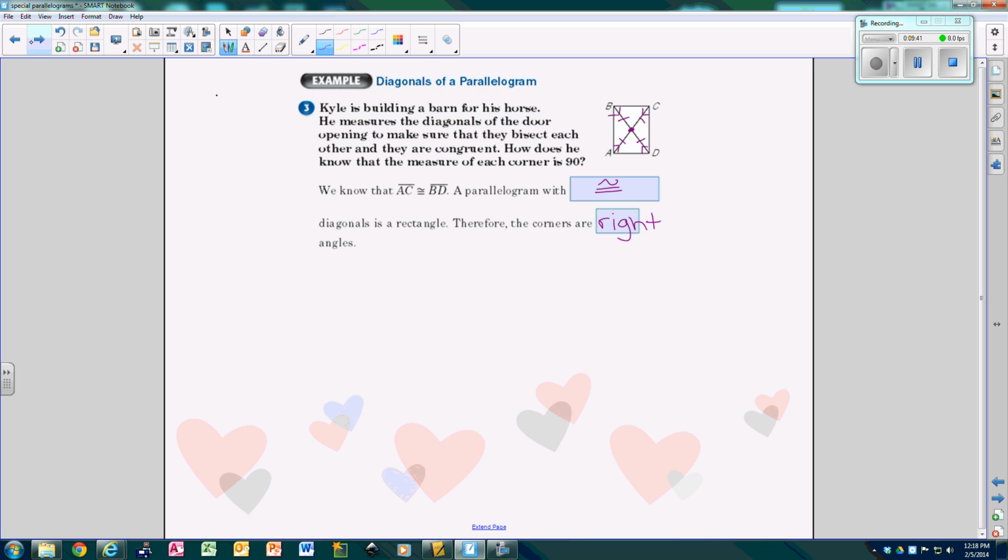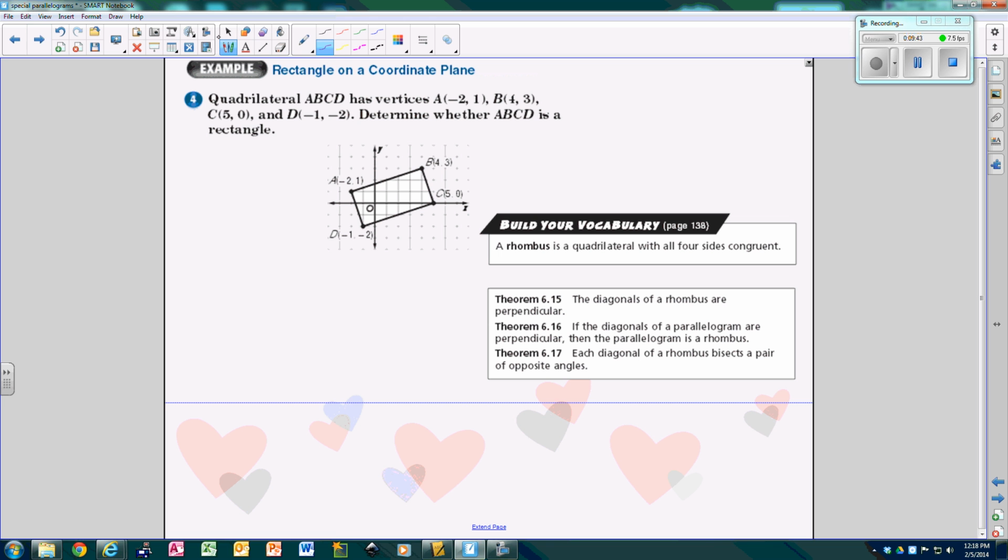All right, now let's get back to math problems. All right, so now quadrilateral ABCD has the vertices A, B, C, and D. Determine if it's a rectangle. So if I wanted to determine if this was a rectangle,